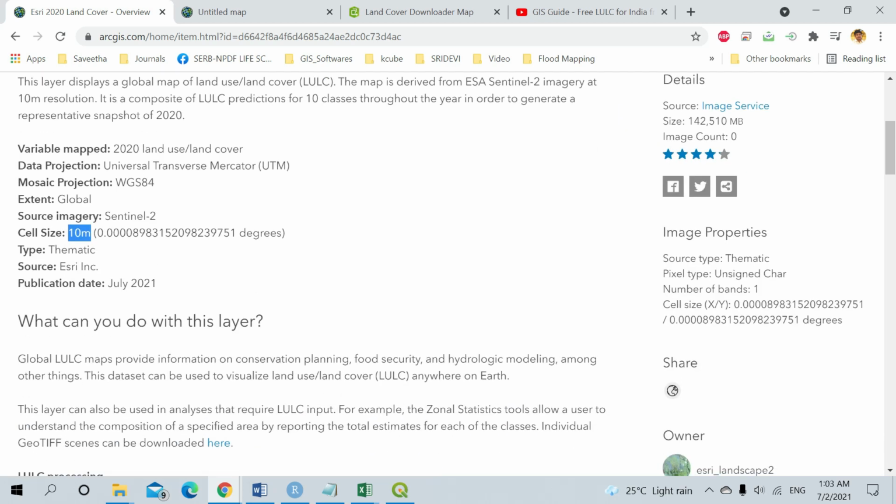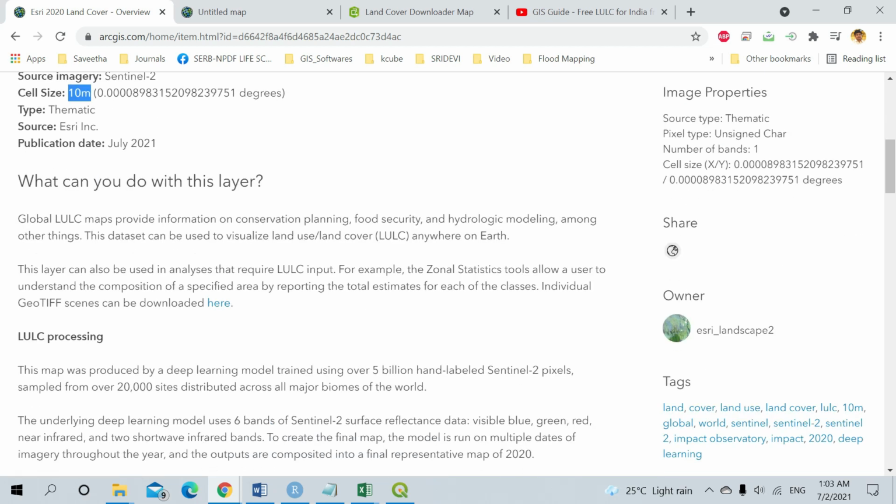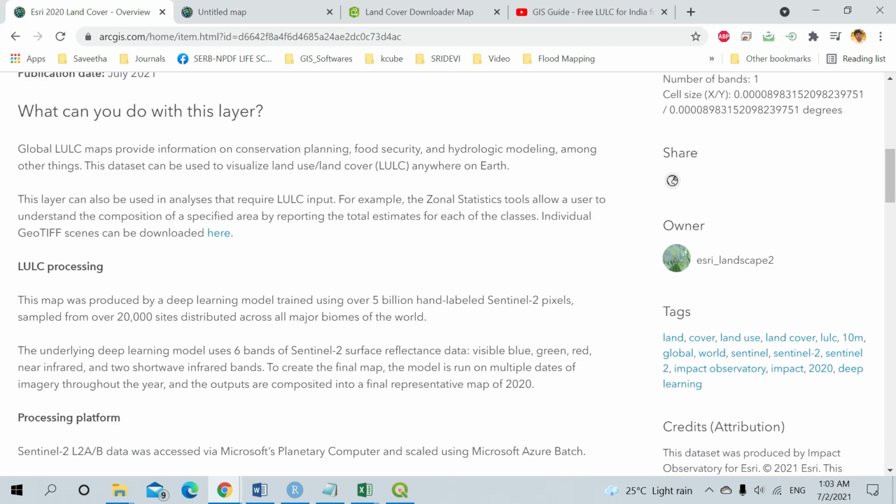And how did they derive this land use land cover map? They went to 20,000 sampling sites distributed all over the world and collected samples, and using these 20,000 sites they sampled around 5 billion pixels of the Sentinel-2 images.